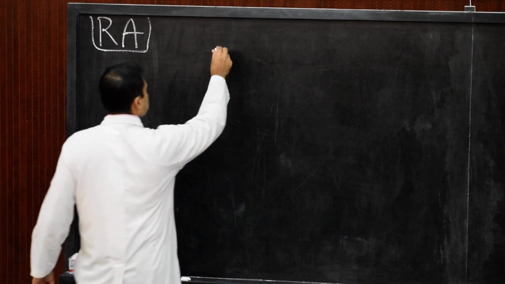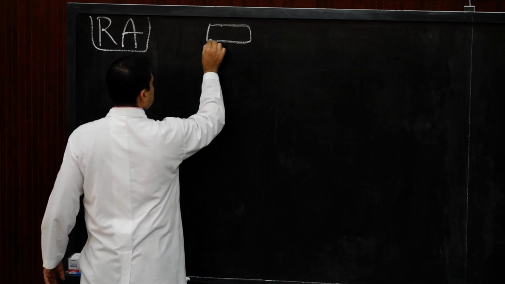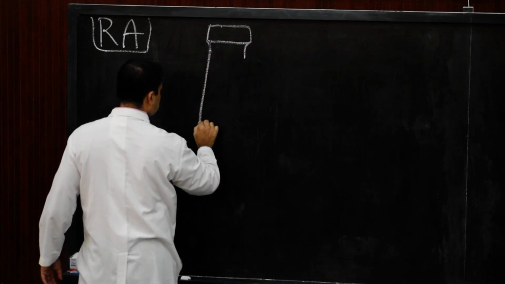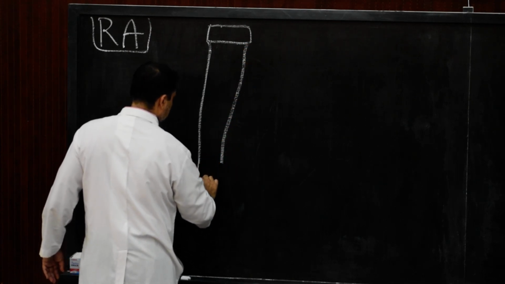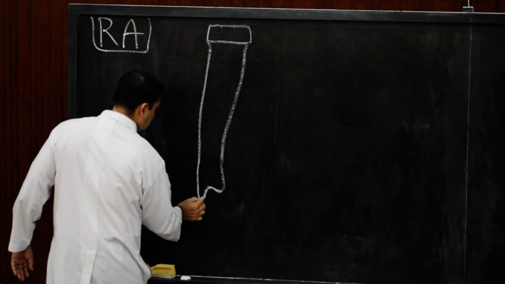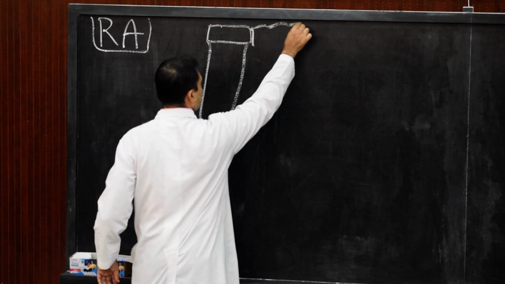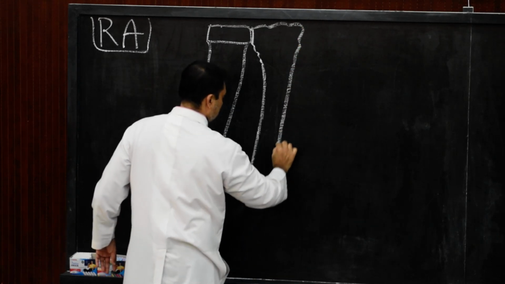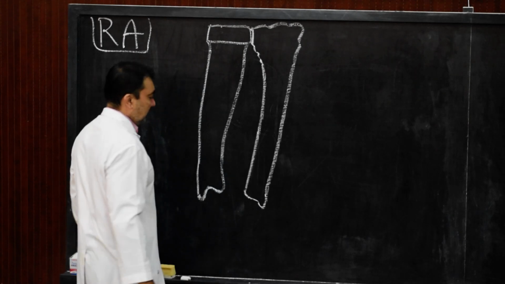This radial artery, as we have to draw, we will start with the head of the radius, neck of the radius, the body of the radius here, and we are going to show over here the styloid process and the lower end of the radius, this much, and over here we are going to show the ulna. This will represent our lower end of the ulna.